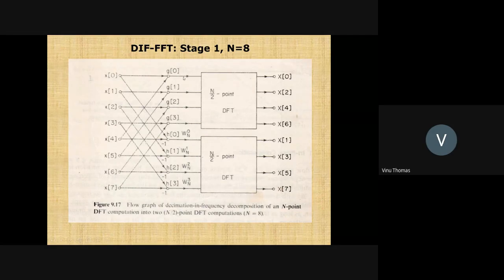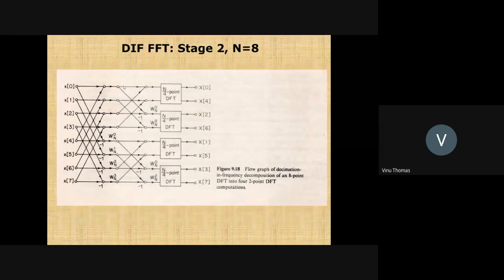So if you have a sequence here, I'll go to the next slide and illustrate that. You have a sequence here. This is split into the first half and the second half. Add the second half to the first half like this. Subtract from the first half the second half like this. Multiply by the complex exponentials. But since earlier you had an n by 2 point DFT, now since you have an n by 4 point DFT, these complex exponentials would differ in power by a factor of 2. Just like you had for your decimation in time FFT, this would differ by a factor of 2.